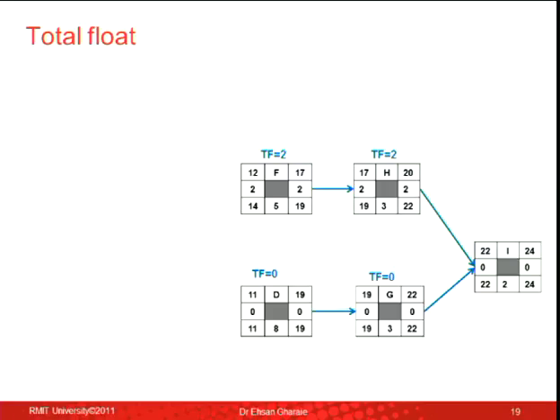So if they are different, let's say this is 0, that's 5, you just leave it there. As long as you write down 0 and 5, I know that there is no float at the beginning, there is 5 days of float at the end. You already said it. You can see that I'm basically repeating these figures and I put it at the top of the box. It's a repetition. You don't need to repeat it. I've written it there to explain it. You don't have to choose. You don't have to write it at the top of the box. It's already written there. You can see that 2 is there, 2, 0, 0, 2.